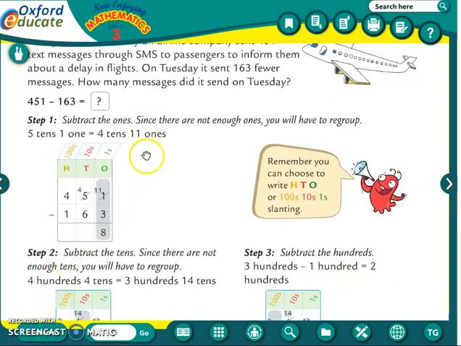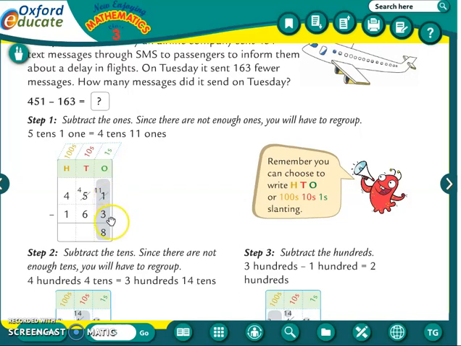So now we have to find the difference between these two numbers, 451 minus 163. Here we have to write like it is written here only, and whenever you are writing in the notebook any number for addition or subtraction, you have to write it at the proper place. So start with the ones place.